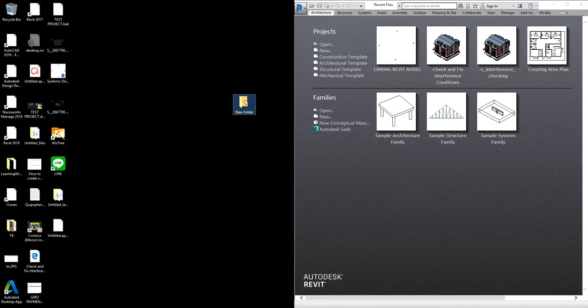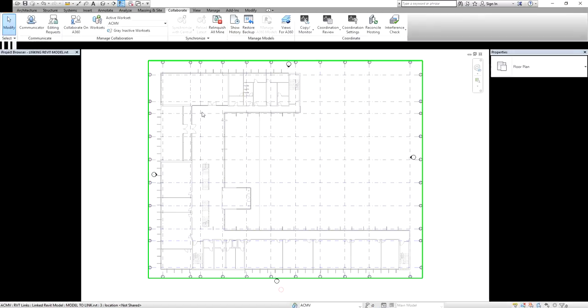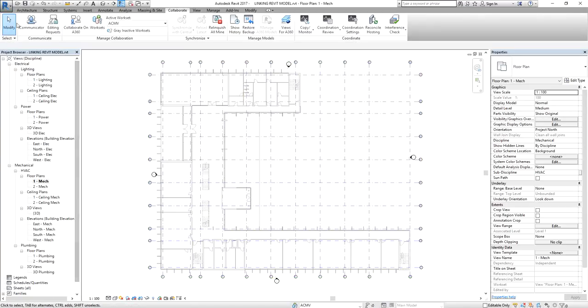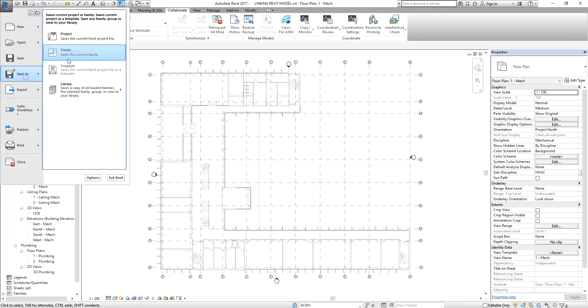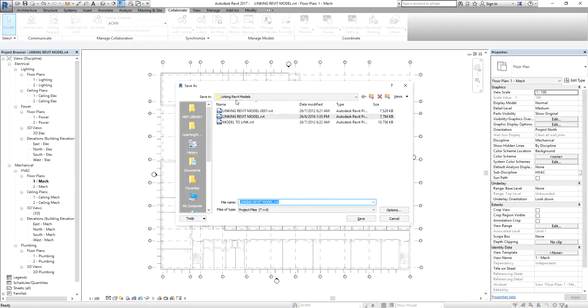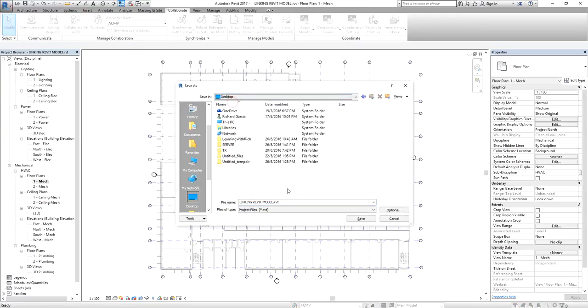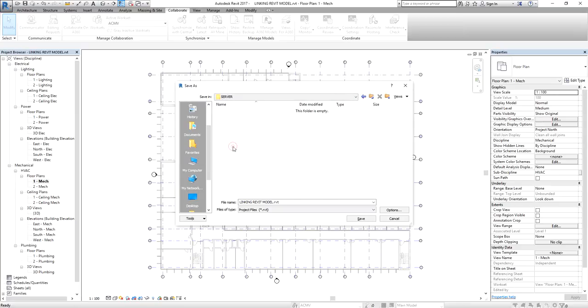This is my server, and I'm going to save my central file there. So I'm going to save the project to the server.